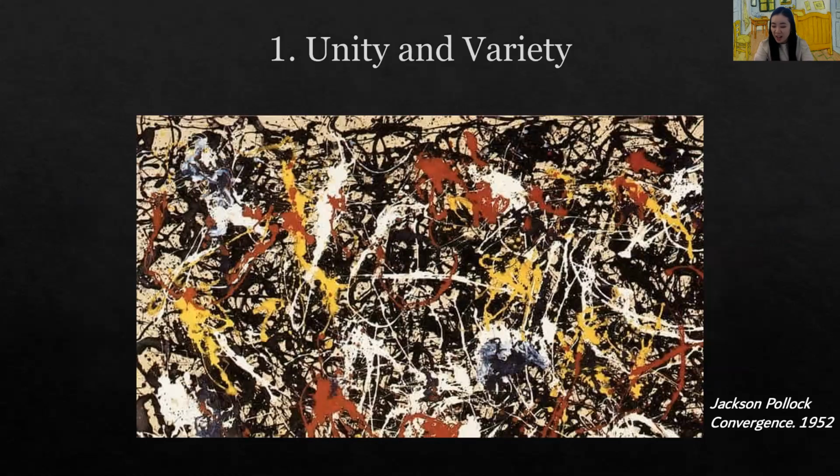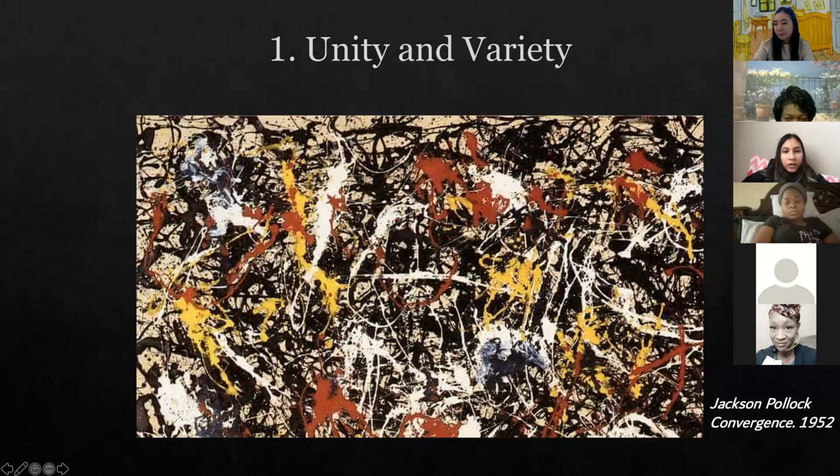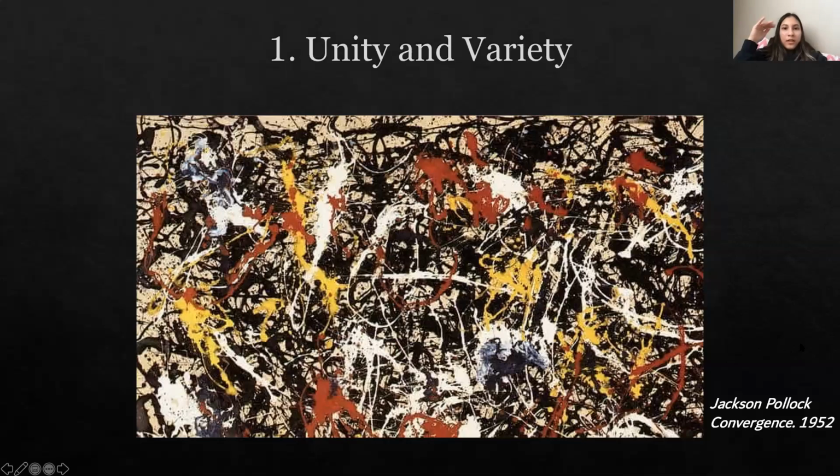Can you find the unity and variety in this work of art? What's the unity and the variety in this work of art? The unity can be the lines. Mm-hmm. Variety can be the different colors that we have. Very good. So when you see the whole painting, we can see the oneness by the same technique